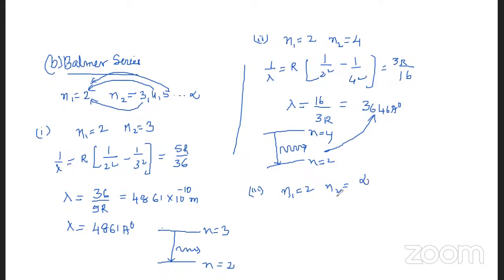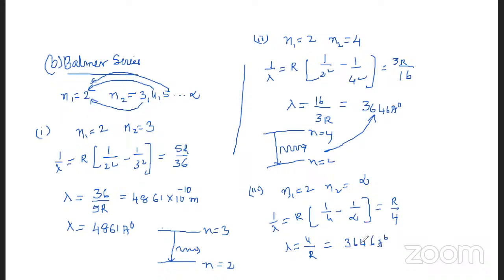In this case, 1 by lambda is equal to R into 1 by 4 minus 1 by infinite, which simply gives R by 4. That means lambda is equal to 4 by R. If you substitute the Rydberg constant, we get